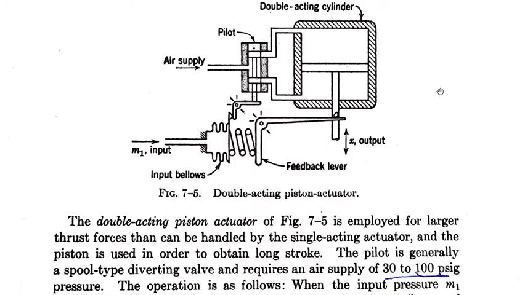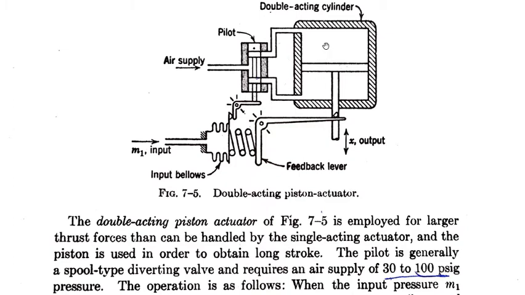So here, double acting piston actuator. This is the fourth type of pneumatic actuator. Here you observe a simple diagram. We don't have any diaphragm here. We are eliminating the diaphragm because we would need to connect a spring or a cushion regulator to bring the diaphragm back to its original position. In order to avoid all those things, here we are going to place just a piston.